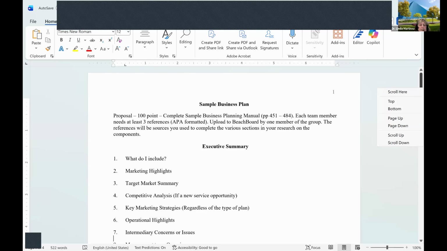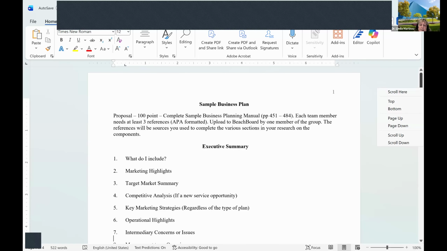And what it's used for is if you're going to try to get people to buy into your company, try to get stockholders to buy shares, or if you're going to try to get money from the bank, then what they're going to do first is look at the executive summary, which has all the main points from the longer proposal. And they can decide from that whether or not they want to look any further. So your executive summary has to have mainly the main points of the rest of your proposal.